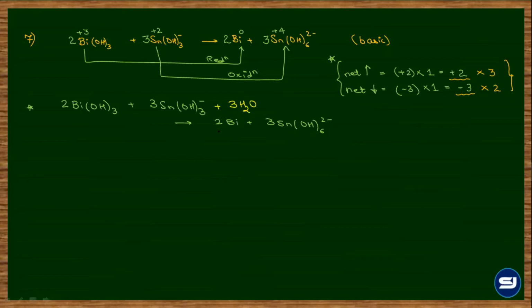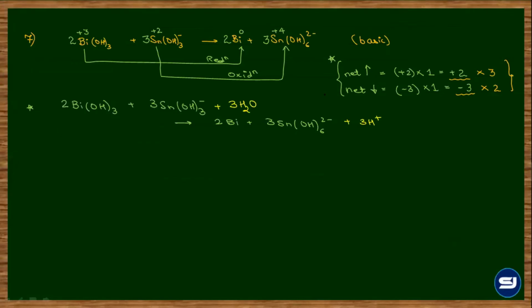Correct. Next comes the balancing of hydrogen. So count hydrogen on the left. It is 2 into 3, 6, plus 3 into 3, 9, that is 15, and plus 6, that is 21 hydrogen on the left, and 3 sixes are 18. So 18 on the right. So the deficiency is on the right and of 3 hydrogen and would be balanced by adding 3H plus on the right. Correct.